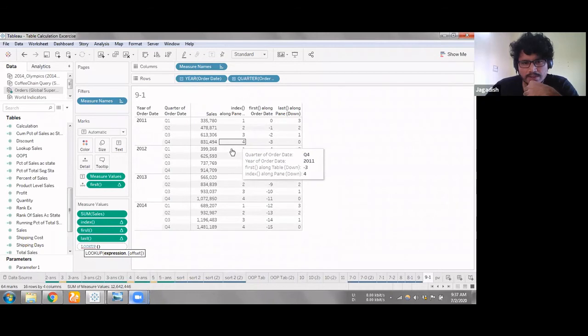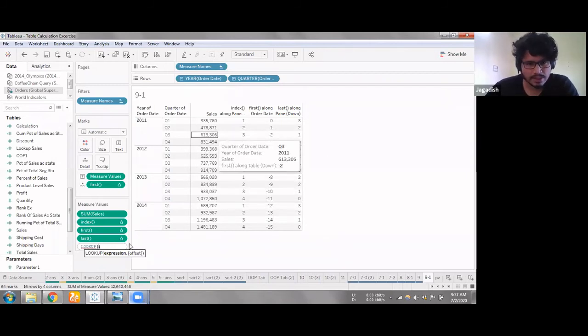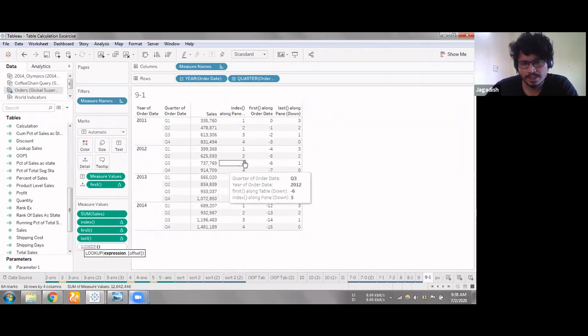Let's take an example: for every year in each quarter, you want to pull the value of the previous year's same quarter. In quarter 1 2012, I want to pull the quarter 1 2011 value, and likewise for 2013 I want to pull similar quarter 1 values. You get the logic. For those kind of calculations where I want to pull a value from a different column and a different row, I'll use this lookup function.